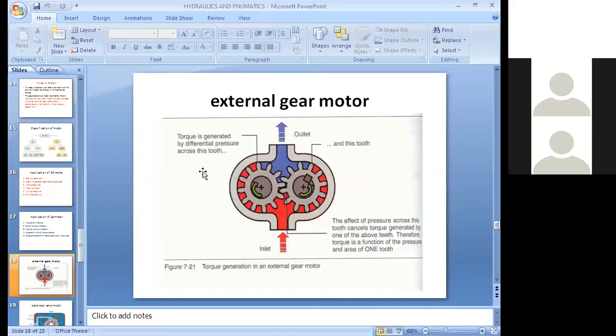So what will happen here: in the inlet the high pressure fluid enters, and due to that there is no chance for the oil to enter the gap between the gears. Again, the oil in the gap on both sides creates a rotational movement of force, which we call torque. It starts rotating in the opposite direction. This high pressure fluid is converted into low pressure. So this is the working principle and animation of the external gear pump. I hope you understand everyone. Very simple concept.